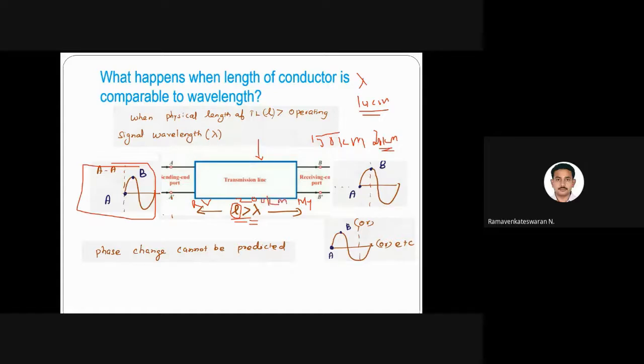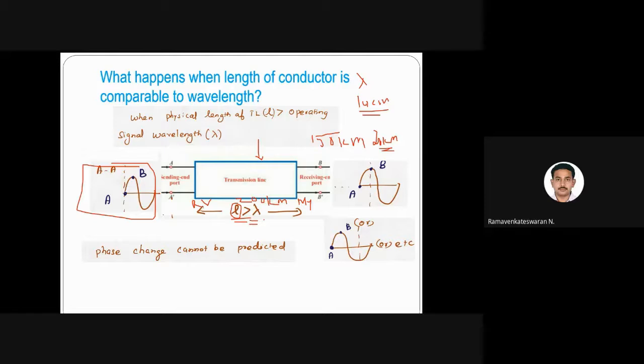Definitely the physical length of the cable is going to be higher than the operating wavelength. I know the transit time effect is going to happen. I cannot actually avoid it. Okay, so can I avoid it? I just want communication from Bangalore to Mysore, or RV to Mysore. I need to do communications, that I cannot avoid. No, this transit time effect will happen. So should I not use the longer cable and use a shorter cable? No, we cannot do it because that is a requirement.